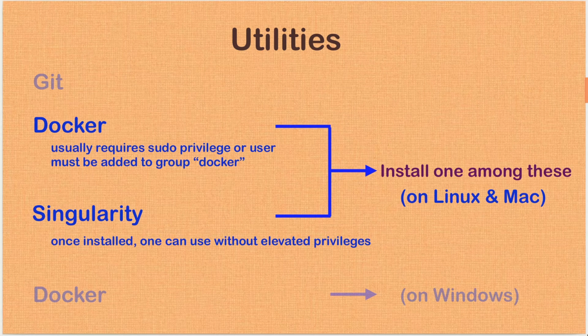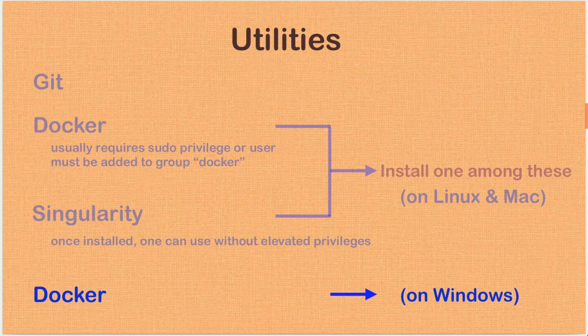For systems with Linux and Mac, we have the options of using Docker or Singularity. In this tutorial, I will be using Singularity to run the rendering application, because it does not require the user to have elevated privileges, so it will be convenient to use Singularity both on the local and on the remote systems. For example, system administrators of university or company clusters will feel a lot more comfortable with you using Singularity over Docker. If you are a Windows user, you can do everything that we are going to learn in this tutorial by running the rendering application on Docker.